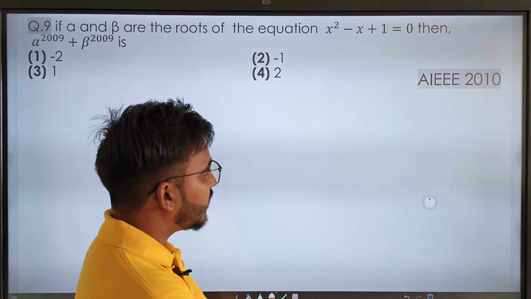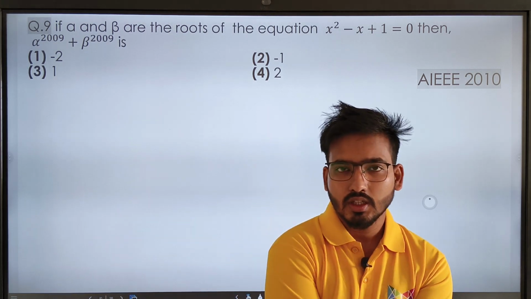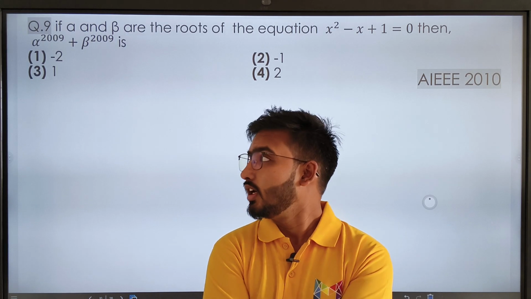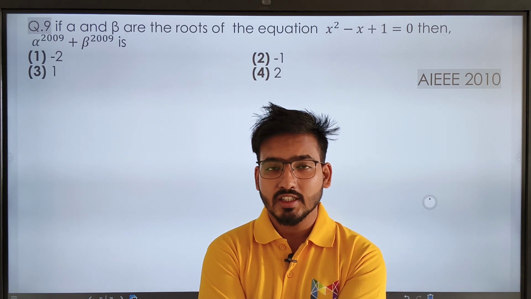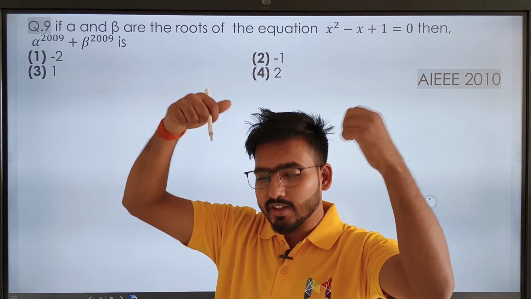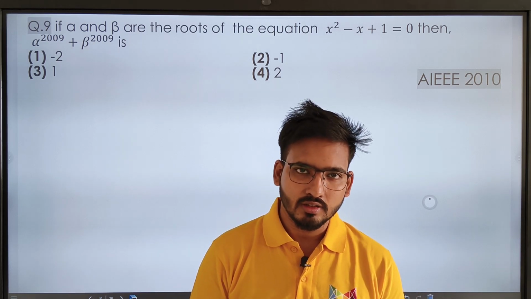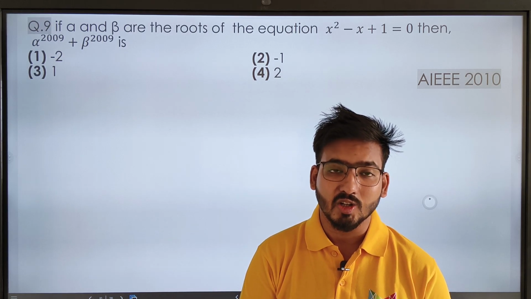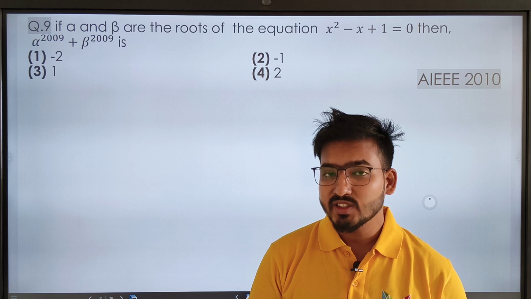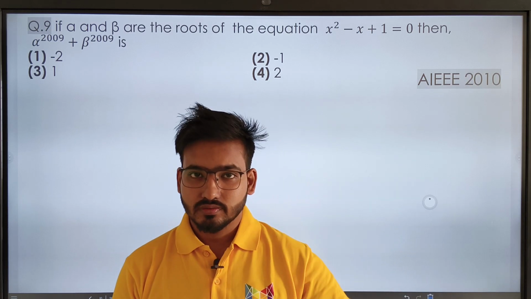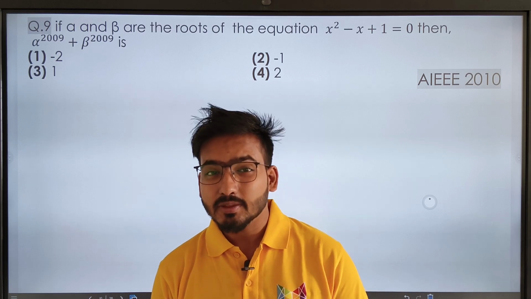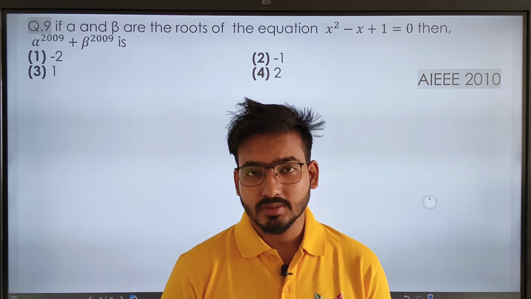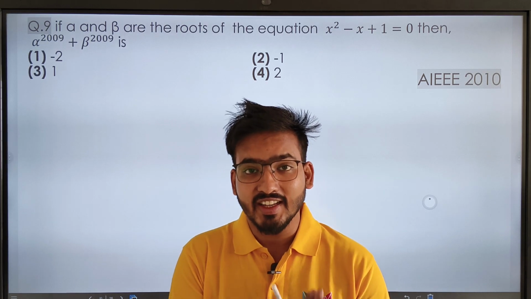Then this is very good question that I asked in 2010. Now I have included this question because it works on observation. If someone says, sir, I will find out the value of alpha and then beta and put this in this, and then we'll find out. Of course, you will find it out, but just think about the complication and how lengthy it is going to become while solving the problem. So we want to do the question in a much more efficient manner. That's why we are learning here. That is our goal or purpose, because in competitive examination the time is very critical.